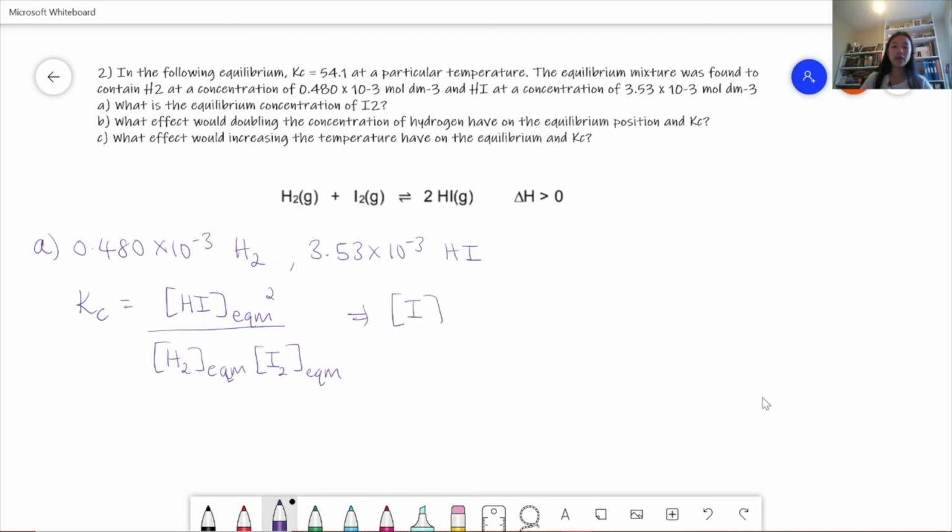And so the equilibrium concentration of iodine is equal to the concentration of hydrogen iodide squared at equilibrium divided by Kc times the concentration of hydrogen at equilibrium. And that comes out to be